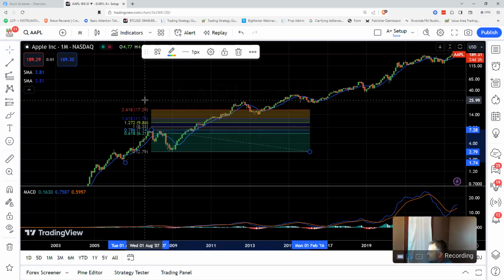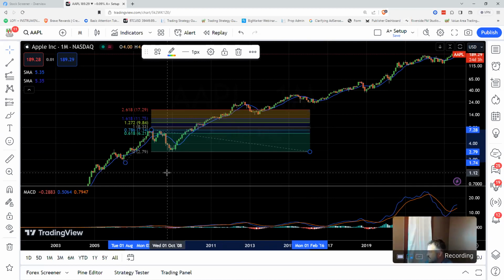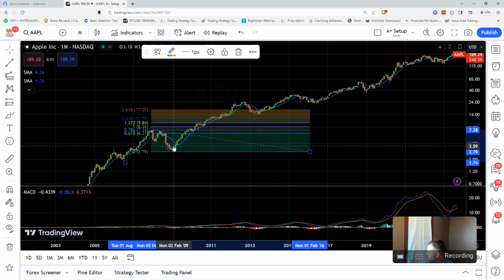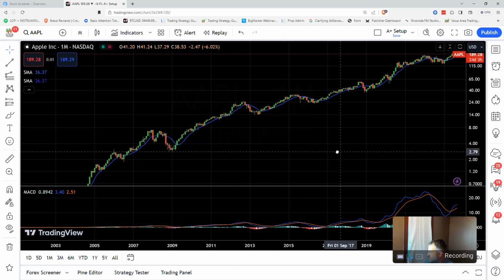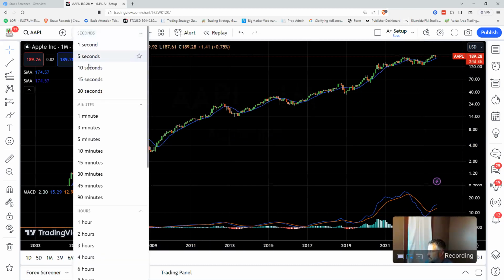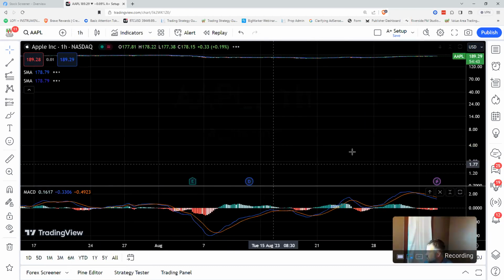So you're probably not going to want to go that long, but you could, especially with something like Apple, that's a pretty nice move because it went from $2 all the way up to 17. You had to wait 3 years, but you made a massive return on your investment there. And so using Fibonacci extensions is a great way to